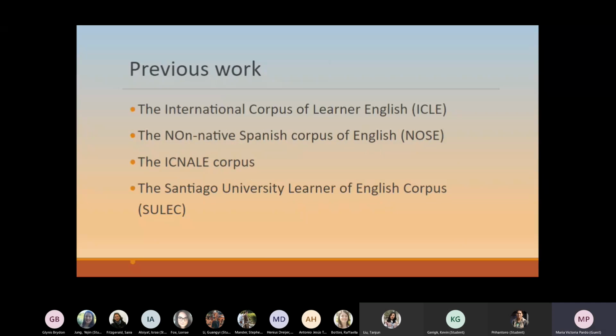First of all, I would like to refer to previous work. I will refer first to the International Corpus of Learner English, the ICLE from Louvain University. I will talk also about the Non-Native Spanish Corpus of English, which is the NOS. The IGNALI corpus, that I just learned about. I didn't know about this corpus, but it's very interesting, the work they did. And I also talk about the Santiago University Learner Corpus, CLEC. I will refer basically to the first three corpora here